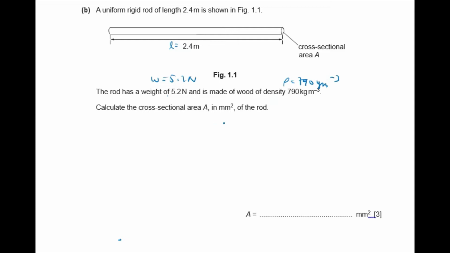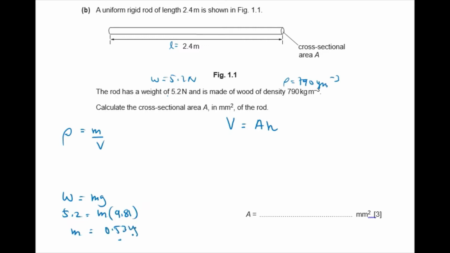Okay, so if you want to calculate area from the volume, volume equals area times height. Height is 2.4. So first of all, we have to calculate volume. How to calculate volume? We use the formula density equals mass per unit volume. Density is given, we want to calculate volume, and we need mass. How to calculate mass? From the weight. So weight equals mg,